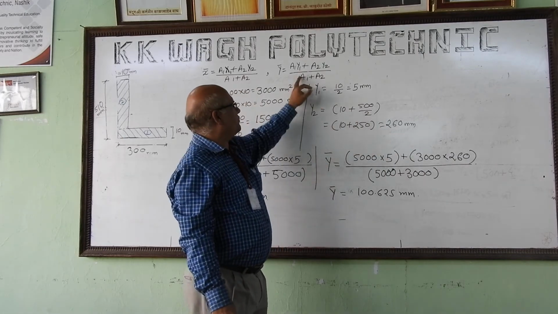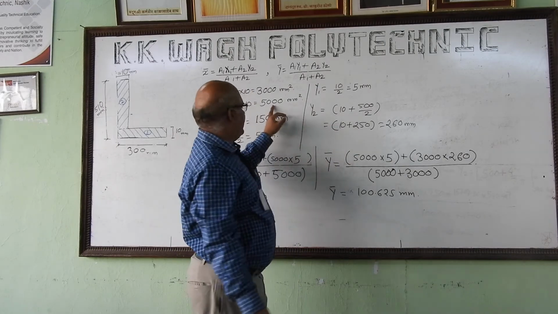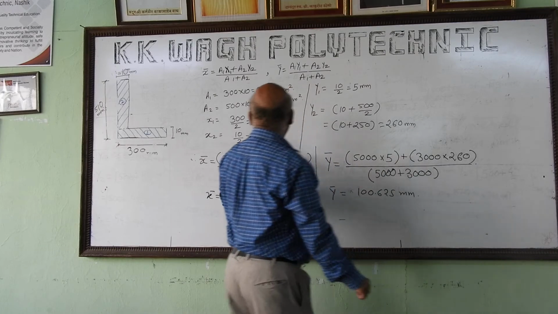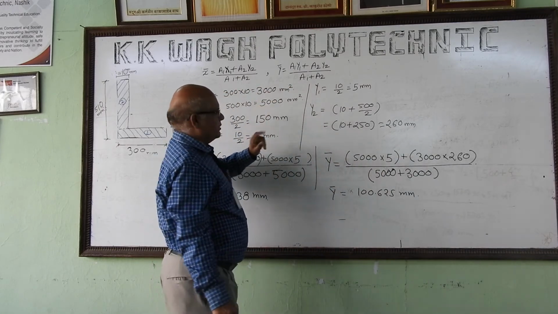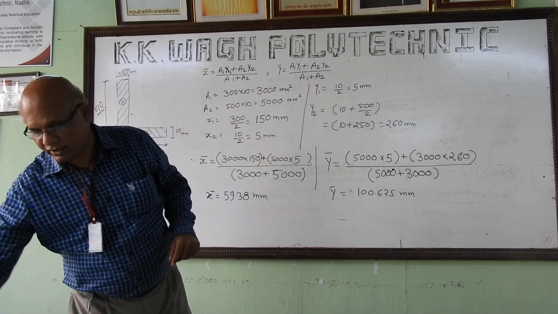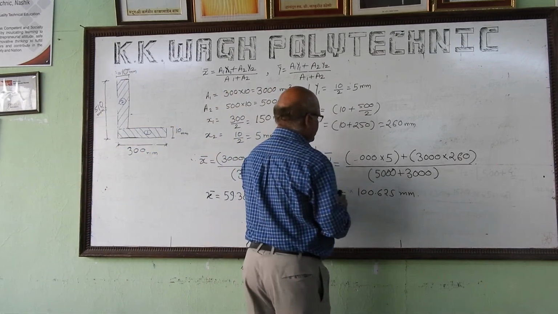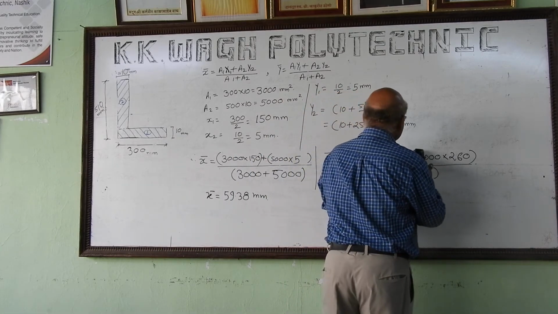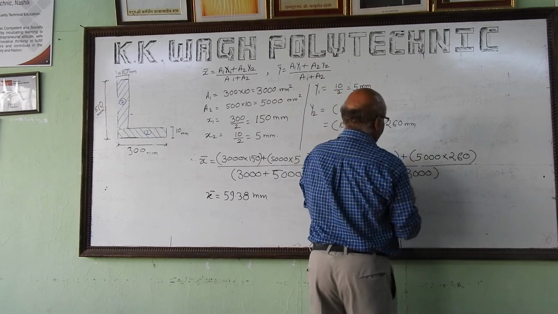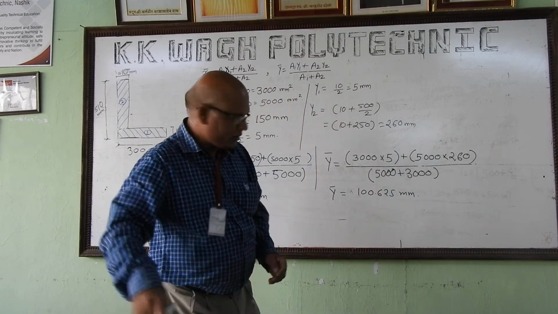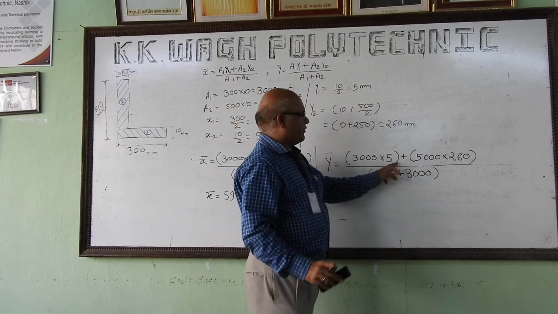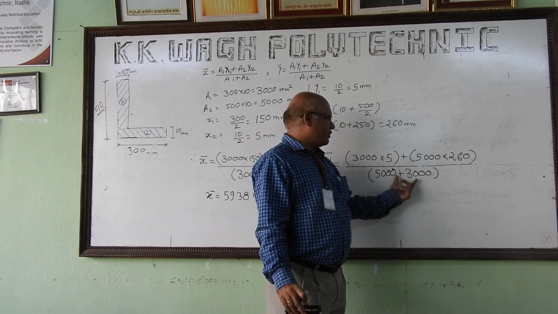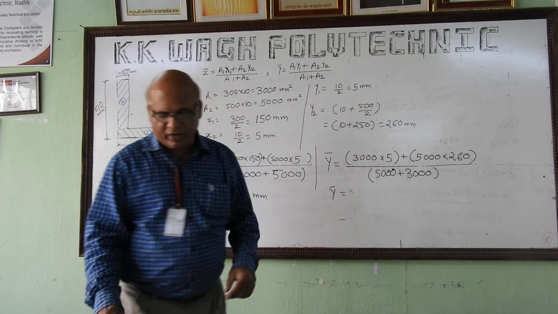Put these values in the equation. Sorry, I have to correct it. So a1 is 3000 and a2 is 5000. Accordingly, 3000 multiplied by 5 plus 5000 multiplied by 260, divided by 5000 plus 3000, and the final answer will be